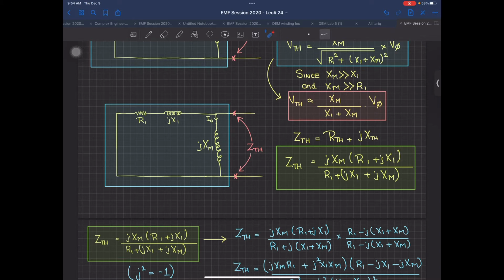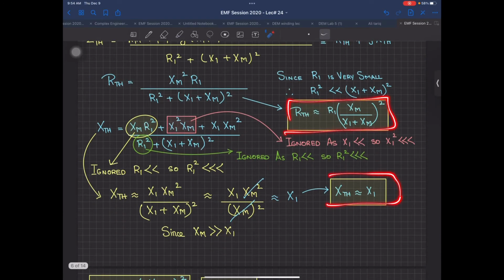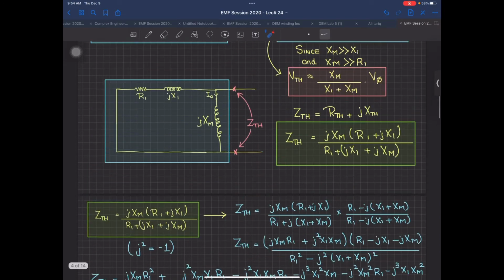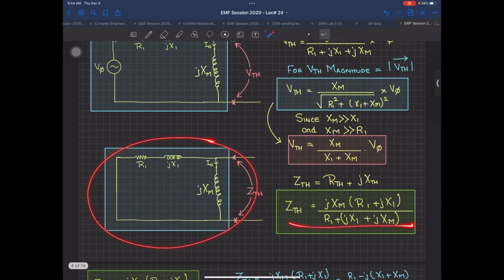In the exam, if you are asked to find Z Thevenin, and you don't remember these formulas, you only have to find R1, JX1, JXM, which will already be given to you in the data. You know how to find Z Thevenin, you know the parallel formula. You don't need to memorize these formulas and all this proof and end at this result. So you just plug in the values, make this kind of circuit, and find the parallel branch, because you already know the Thevenin equation. But yes, if the proof is asked in your paper, then certainly you have to go through all this proof, because this proof is important.